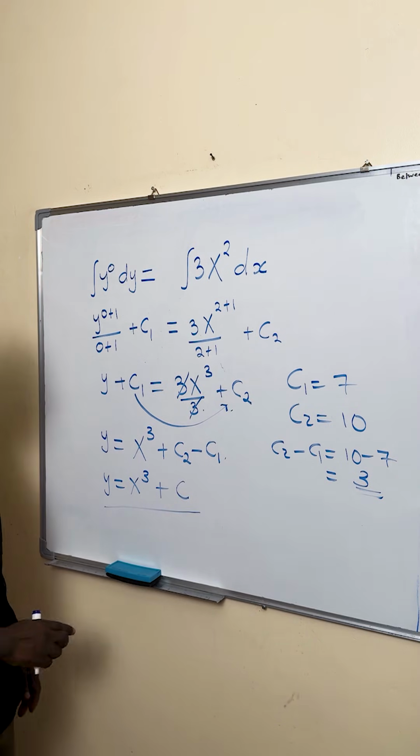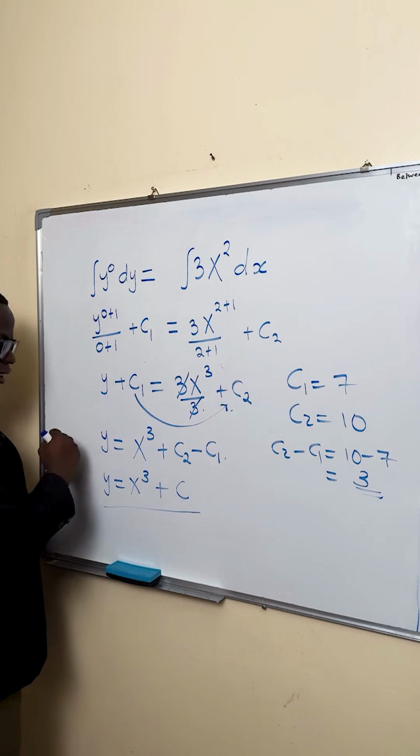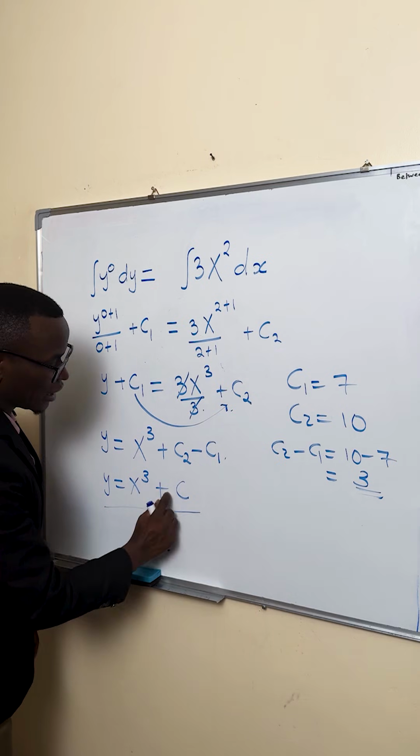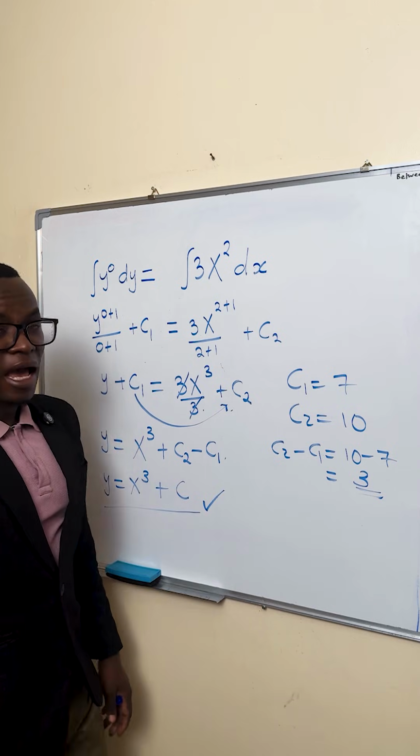That's why we just say that we integrate the left hand side and the right hand side, then we just add a constant of integration on one side. I think